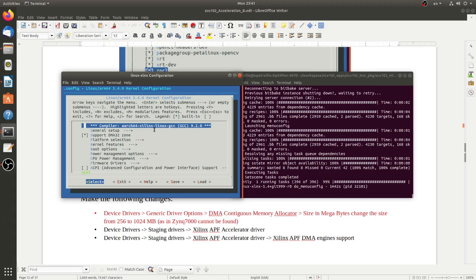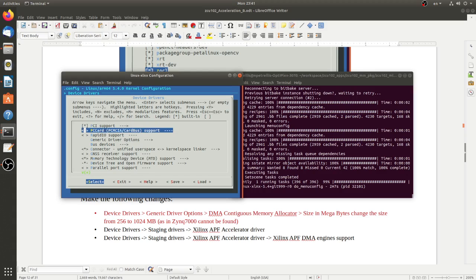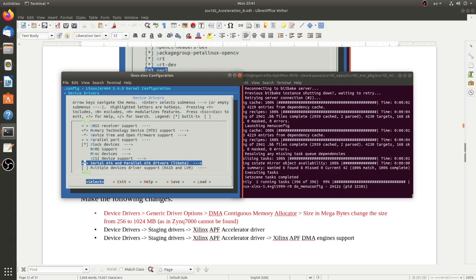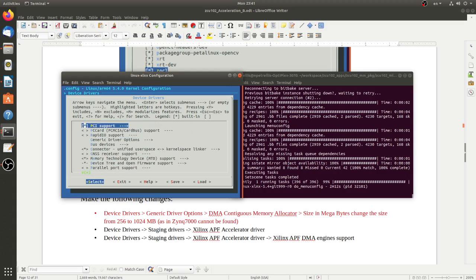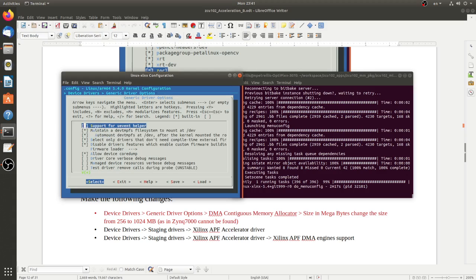When I'm saying buffers, I mean the operands, the input arguments of the kernels, which are the accelerated operations that will be implemented in hardware, as well as the results that they produce and that will be read back by the host code. However, according to the instructions, we should expect to find within the device drivers menu and the generic driver options an option DMA contiguous memory allocation, but there is no such option